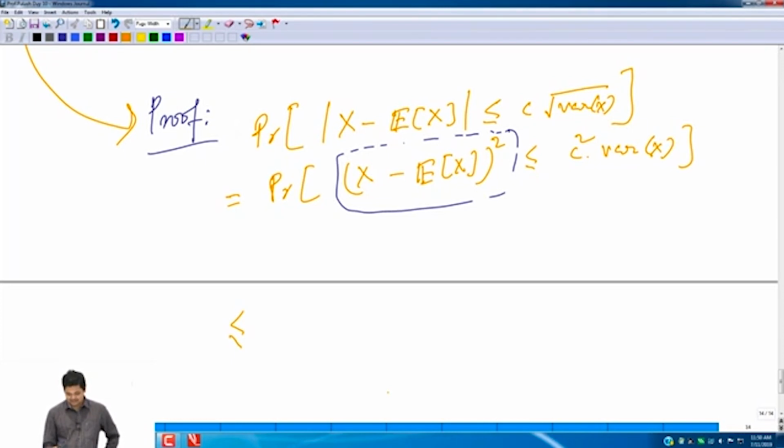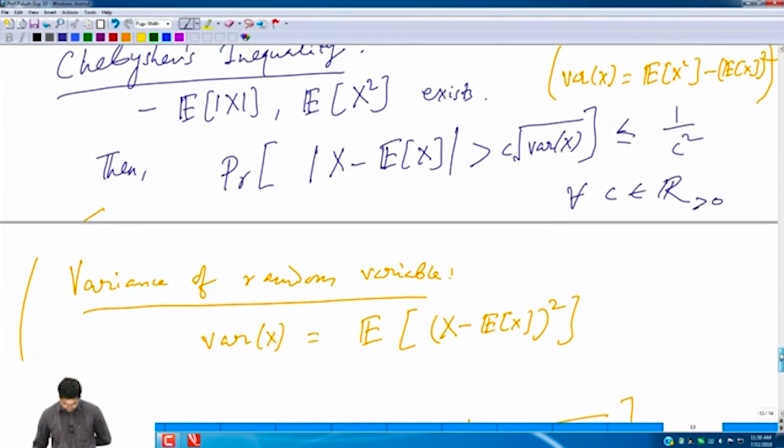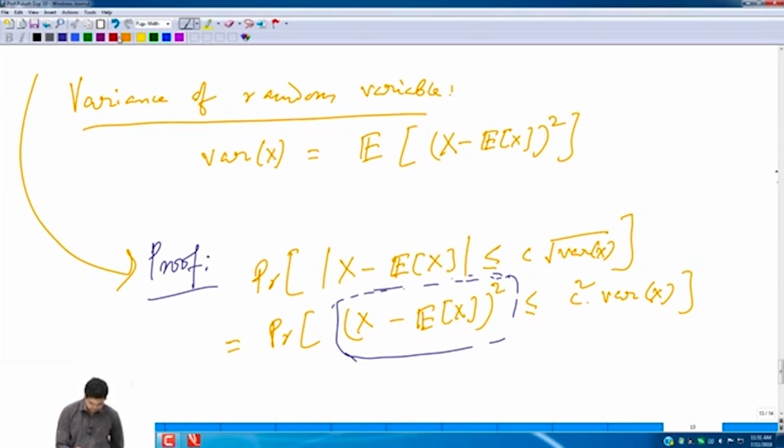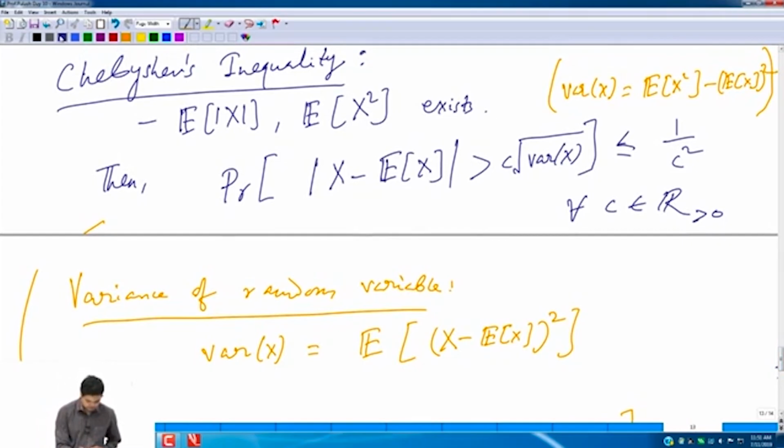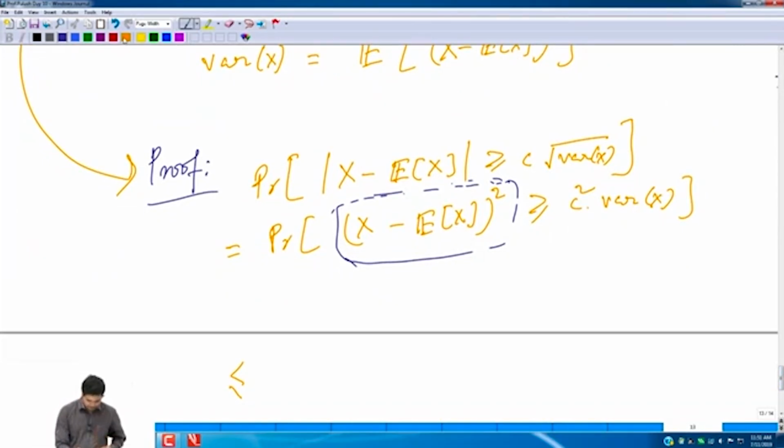So it's basically saying what is the probability that this random variable takes value less than c square minus this. For Markov, sorry, what I'm doing? Yeah, this was greater than. Why I have written less than here? This is greater than equal to. This is greater than equal to. Sorry, it was the greater than, maybe greater than equal to begin with. Sure. And now then by Markov it is 1 over c square.